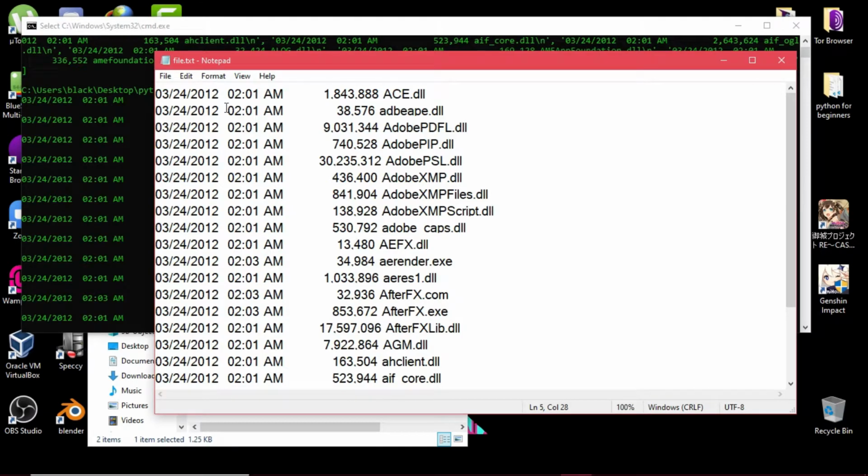If we analyze this carefully and split one of these lines into an array, the first element is the date, the second and third elements indicate the time, the fourth element is the size of the file, and after that everything else is related to its name. There are some spaces in some names, and we have to handle that too.